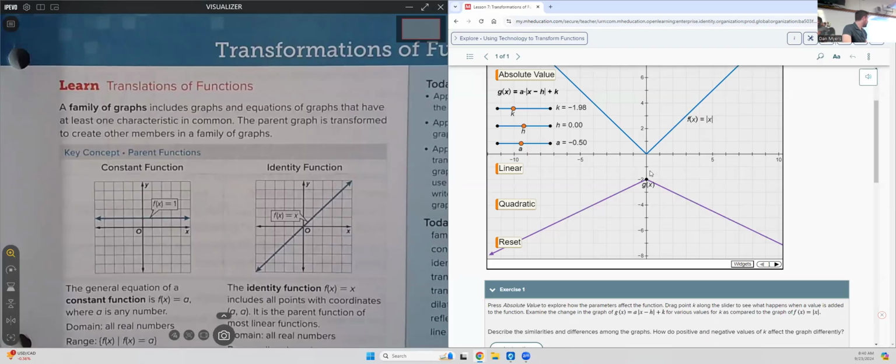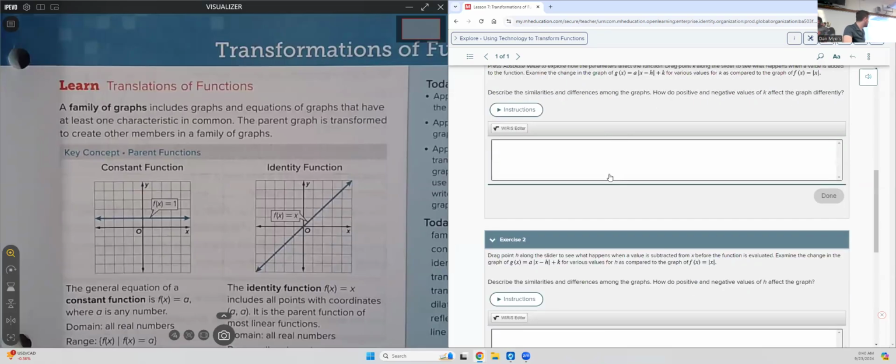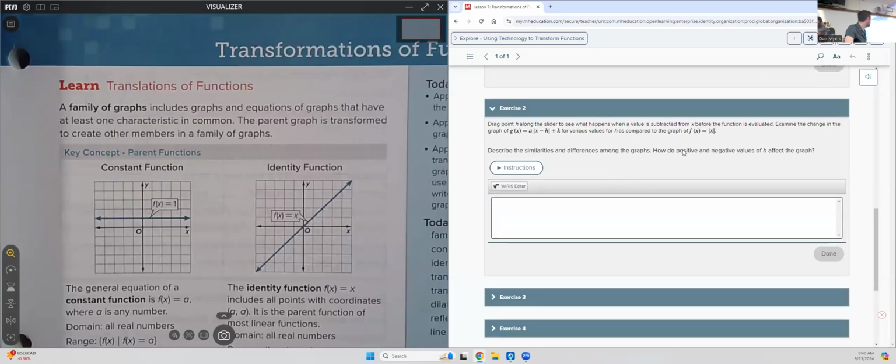It certainly seems to be the y-intercept at this point. Now, it may or may not end up being the y-intercept, but it certainly seems to affect, at least at this point, if it's a negative number, it seems to be moving it down the graph. If it's a positive number, it seems to be moving it up the graph. And in this case, it does seem to be the y-intercept right now. Now, that might change depending on other values, a and h, but for now, it does seem to be that way. What about values of,